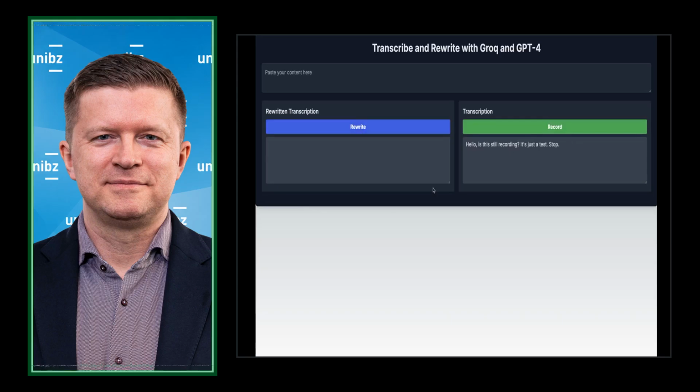I could use this to rewrite it as well. It uses just a little bit more grammatically correct language, but you can see what I'm getting at. This could be a use case for dictating stuff and then rewriting it in a more professional way in one go, in real time. It costs cents, really, really fast.